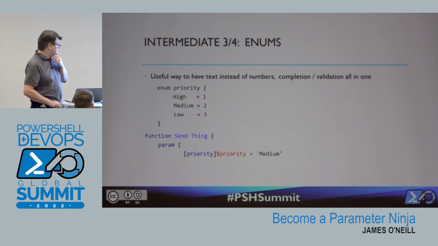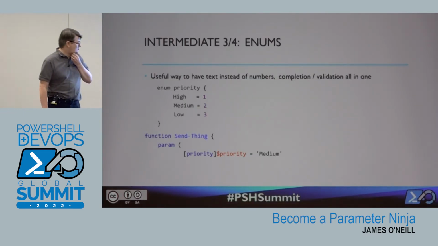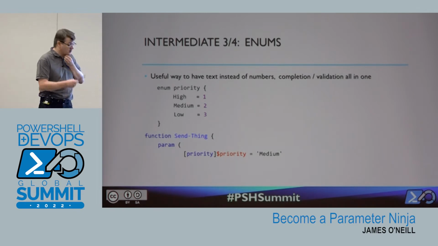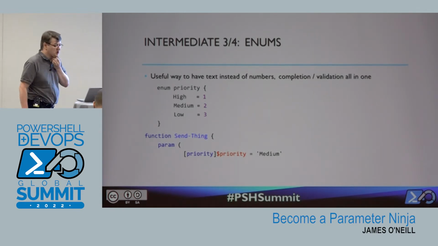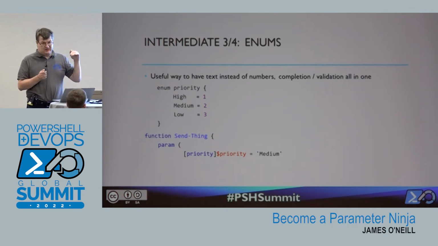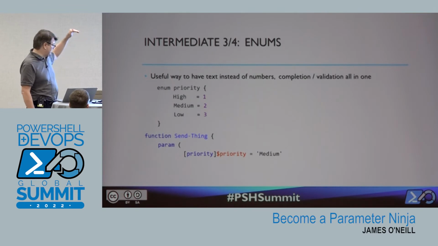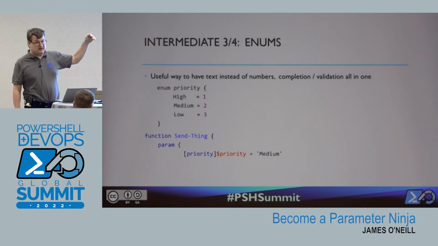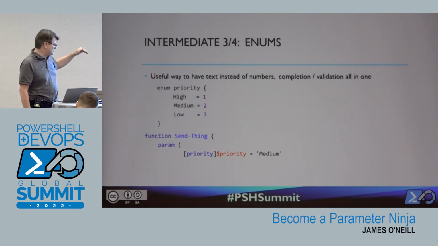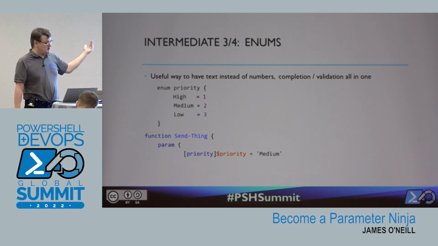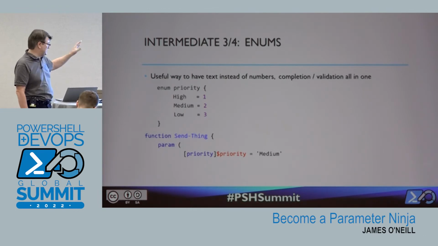Right. So just going back to the priority one that I was showing before, it's really helpful actually if you define an enum. So enumeration types like this, we can specify high, medium, and low as the names of different values. They've got a value option, and enums basically are a piece of text and a number simultaneously. So they've got this dual personality.